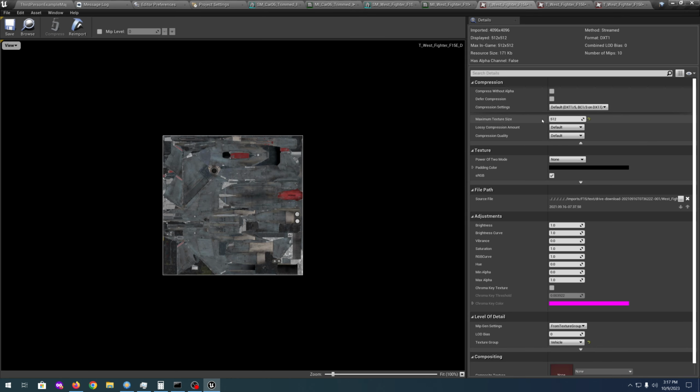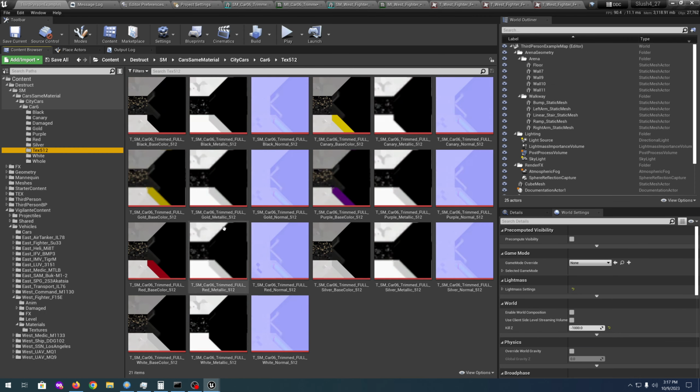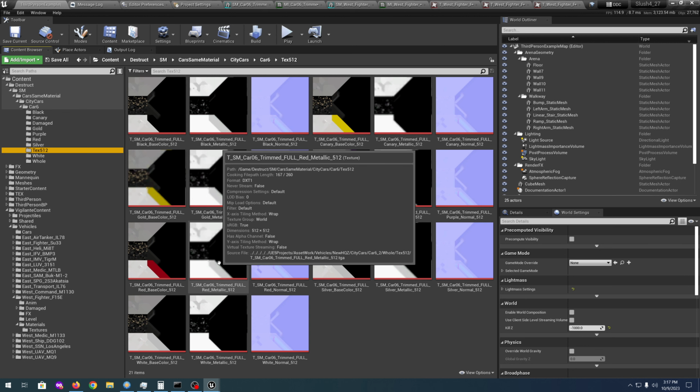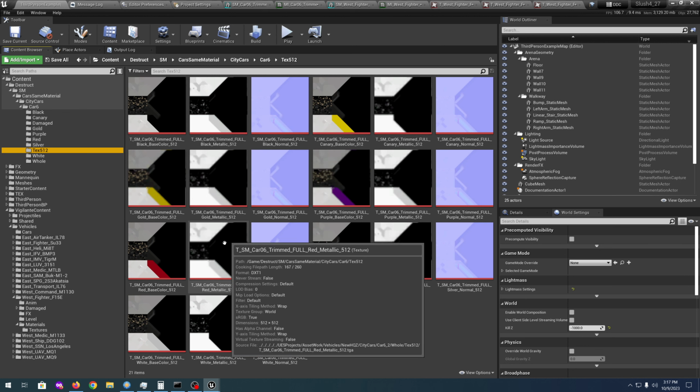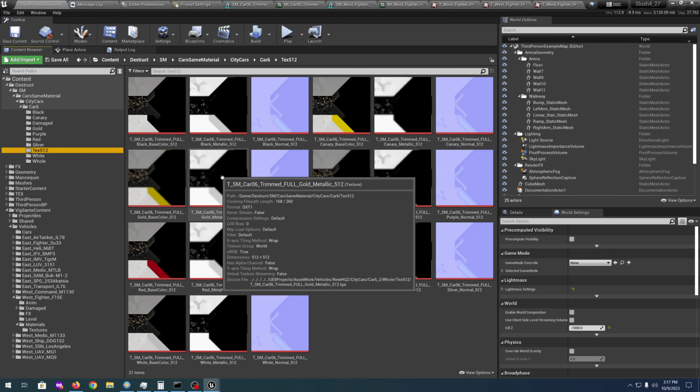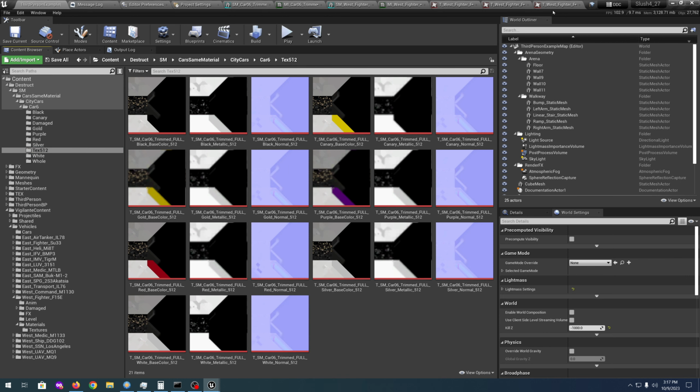So in this case, what I did was, and I've got an example not for the plane though, but for the car. What I did was I went through and reduced them down to either 1K textures or 512 textures, 512 by 512 or 1024 by 1024. I find going to 1024 is a little bit better, but the reason for that is because my project just